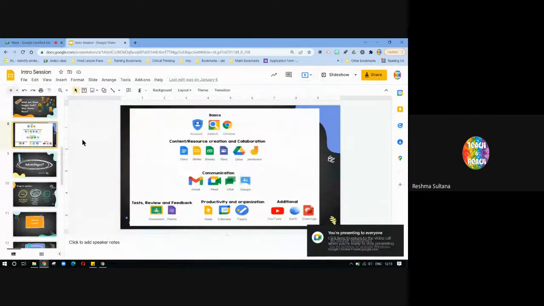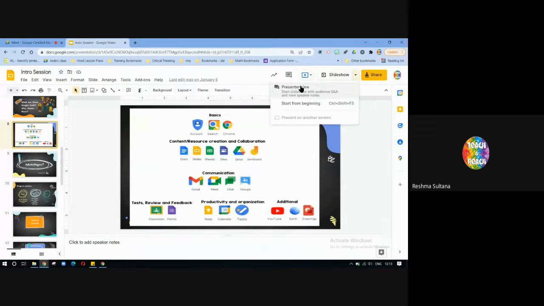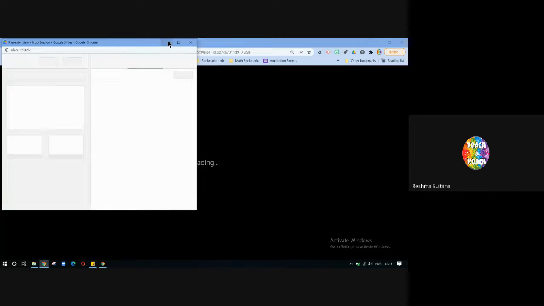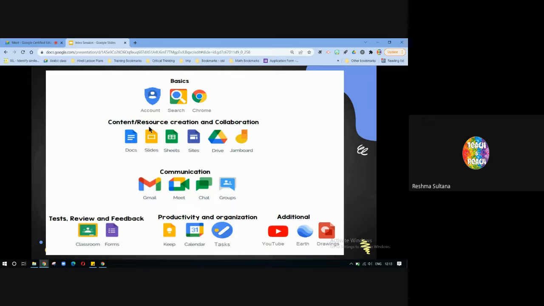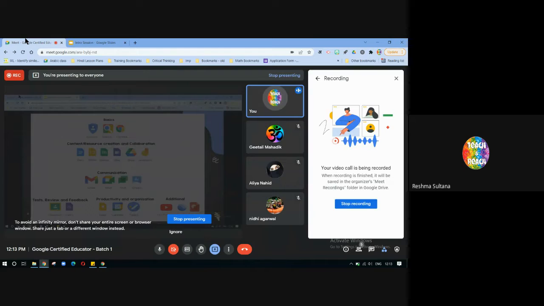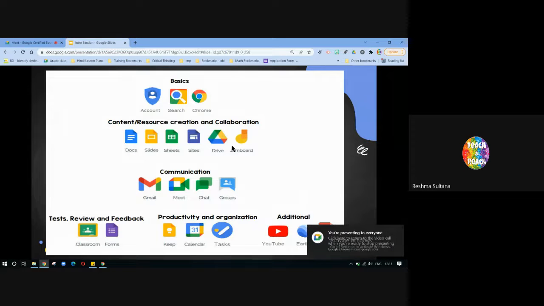So yes, let's quickly look. So we have covered basics. Yes, we have also seen content resource creation and collaboration, where we've seen different tools that help us create content. And